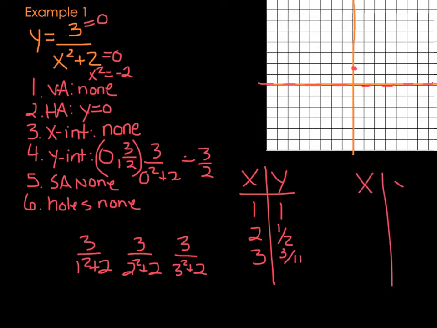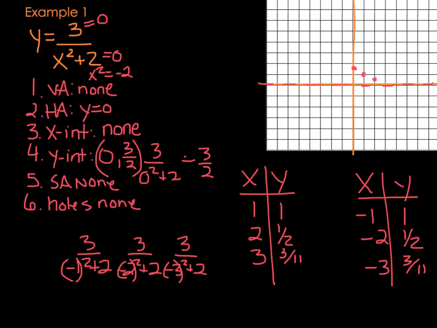In the other direction, if x is negative 1, 3 divided by negative 1 squared plus 2 is the same thing as positive 1 squared plus 2, because when you square a negative, you get a positive. So negative 1, 1. Same thing with negative 2, I'm going to get the same thing as when I had a positive 2. So negative 2, 1/2. And negative 3 squared is still 9 plus 2 is 11, so negative 3 gives us 3/11. So if I plot those: 1, 1; 2, 1/2; 3, 3/11; negative 1, 1; negative 2, 1/2;